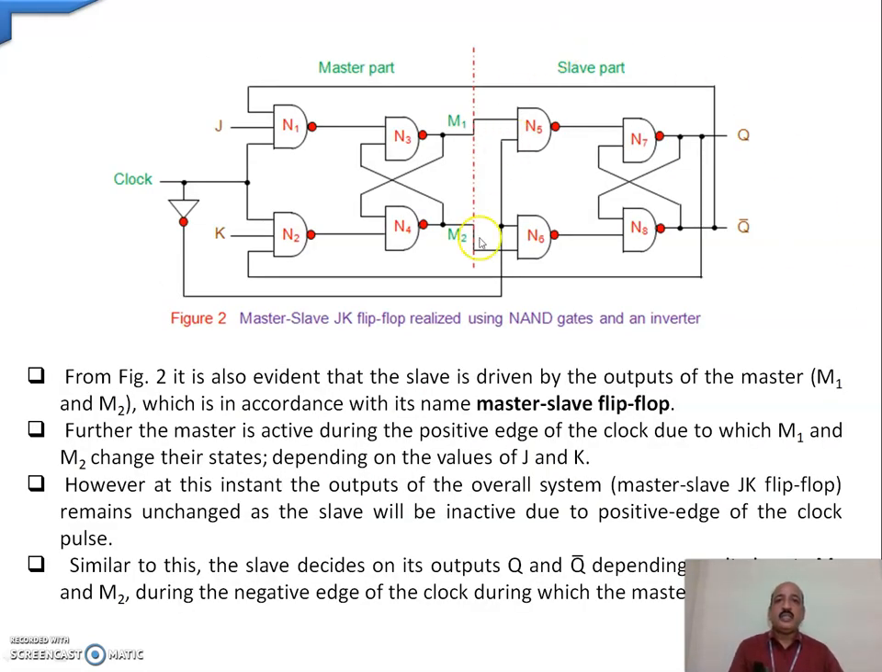Here, you can see the master part and the slave part. The feedback which we are taking from Q is towards the input of the N2 NAND gate of the master. Similarly, the Q bar feedback is taken at the input of the master part. The clock is applied, and a NOT gate is connected for the slave. So, it is evident that the slave is driven by the output